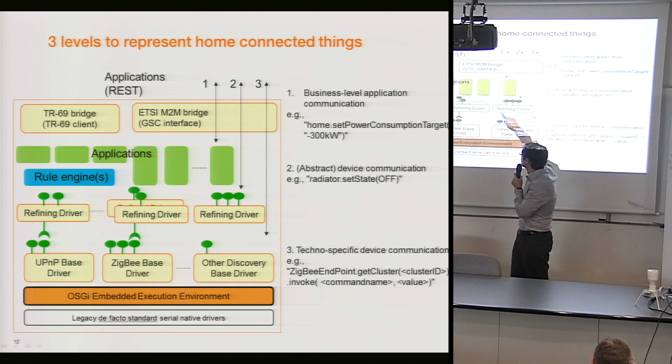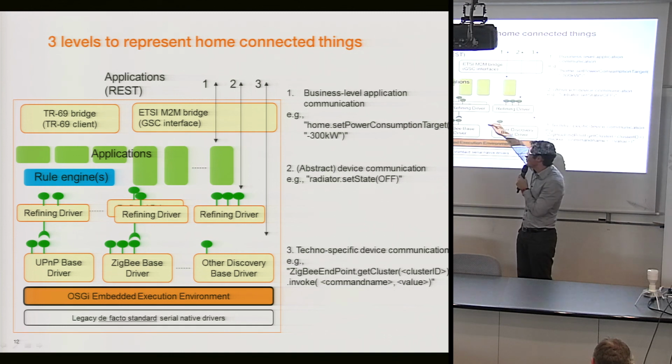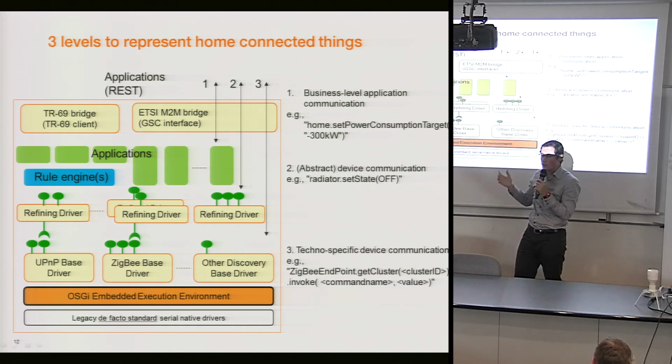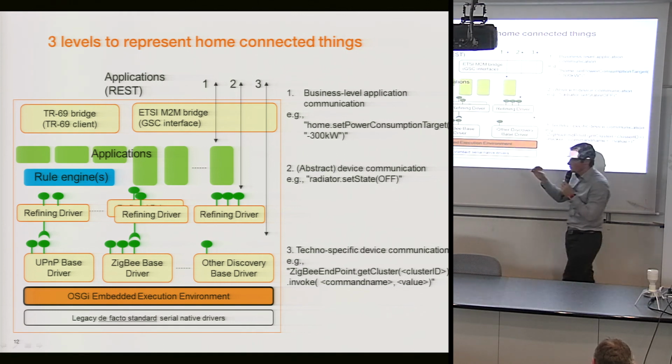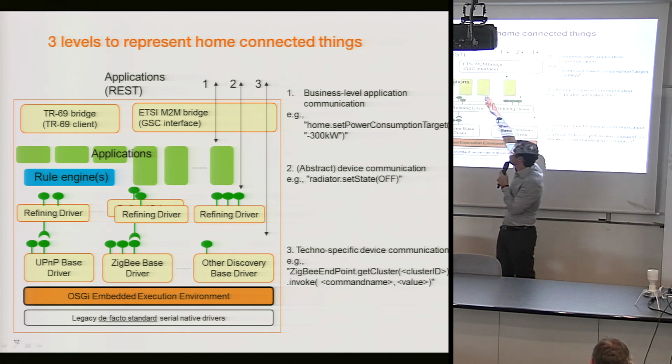We could have that at this level, and then we just need adapters between this low-level representation layer and the abstraction that is needed by a partner or by other applications. So we call that refining drivers. It is only a layer of adapters. And above that, then we could have applications.